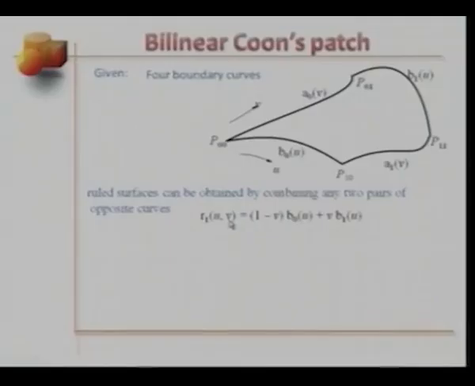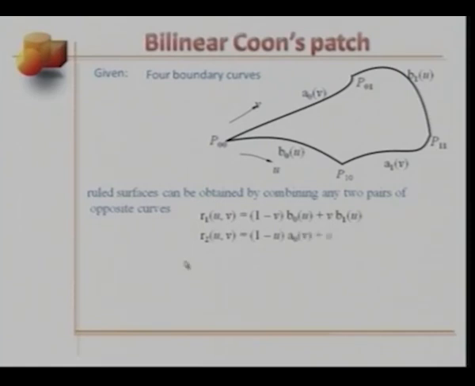Let's say the first ruled patch model, R1 of uv, is given by a linear combination of b0 of u and b1 of u. This model and this curve model, 1 minus v times b0 of u plus v times b1 of u. Likewise, we can have another ruled patch, R2